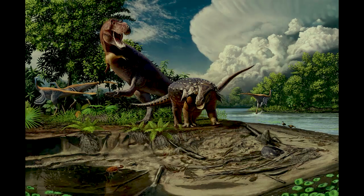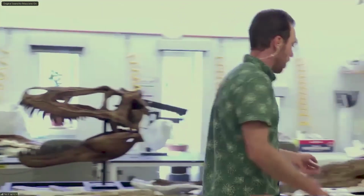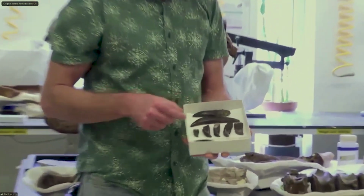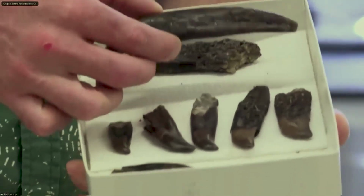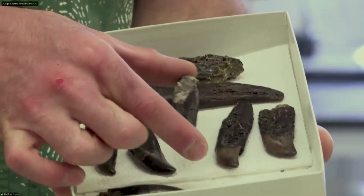We have lots of really beautiful teeth you saw in that photo that are preserved in the jaws of the dinosaur, but we also have lots of loose teeth that probably fell out of the upper right jaw, which is still buried in that fossil jacket. So we've got all these different sized teeth. Here's a little bit bigger one here. And as you go towards the back of the jaw, you get these little tiny baby teeth for scraping things